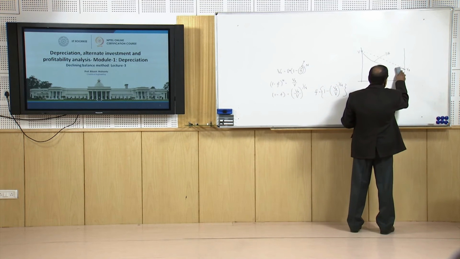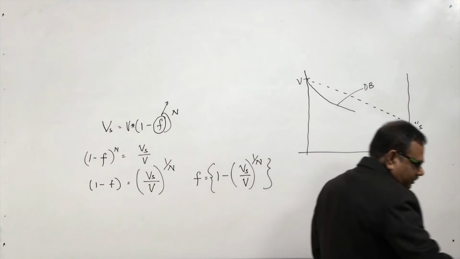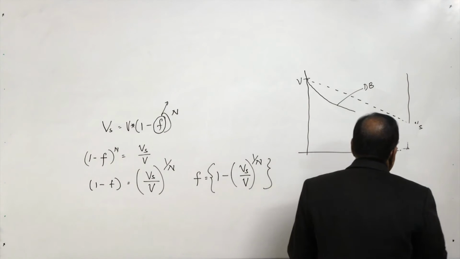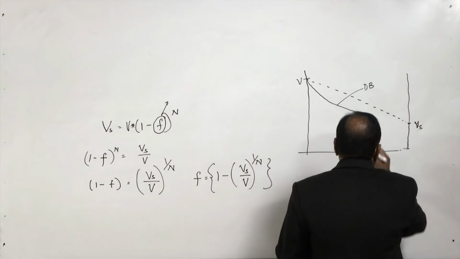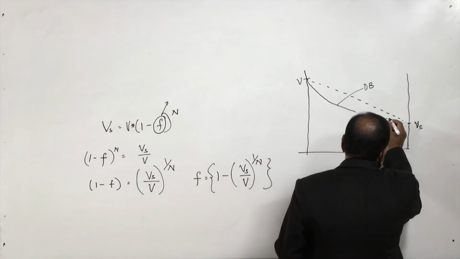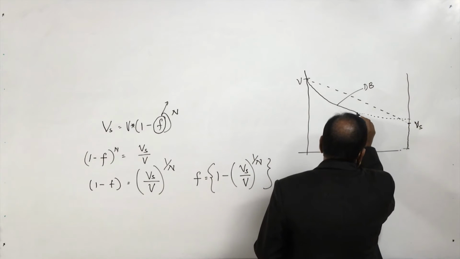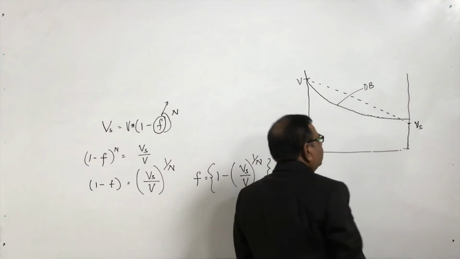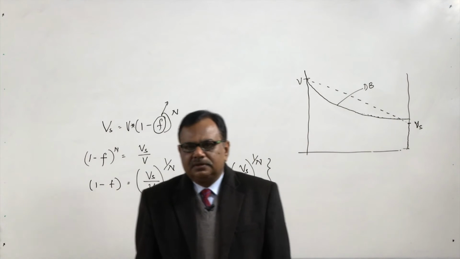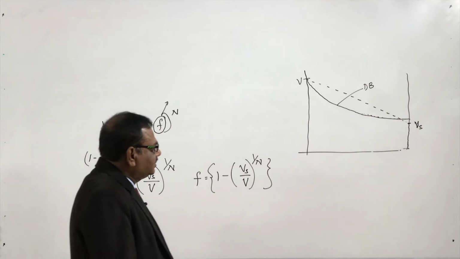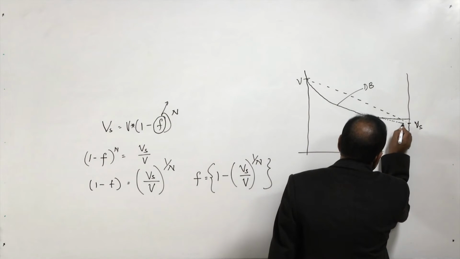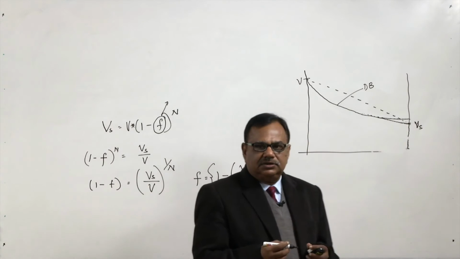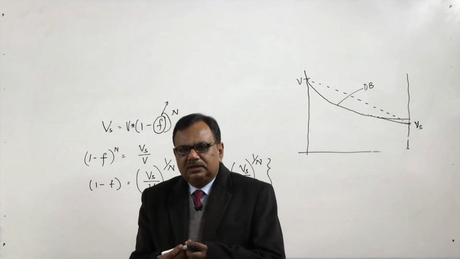If I am using the declining balance method, this is my Vs point, it may reduce to a value which is greater than the Vs, and hence after some period of time one switches to the straight line method of depreciation to bring the salvage value